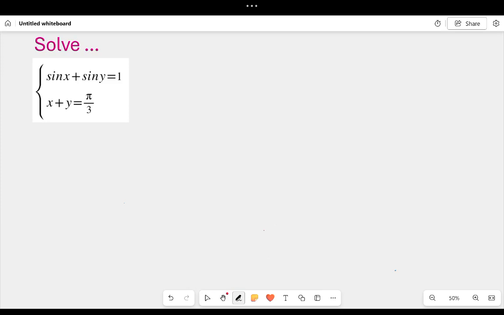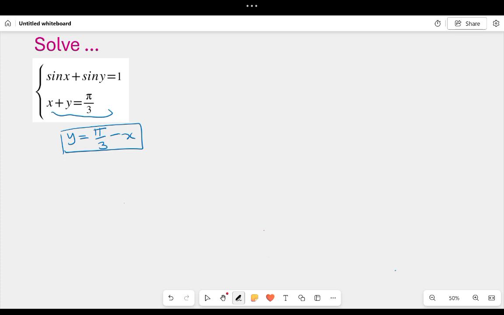Now, to solve this, we start by considering the second equation and making y the subject of the formula. It's going to be y is equal to pi over 3 minus x. This is very important, and we are going to use this one to make a substitution in the first